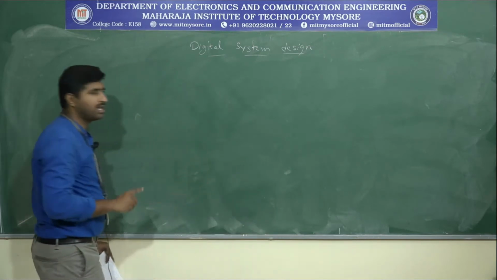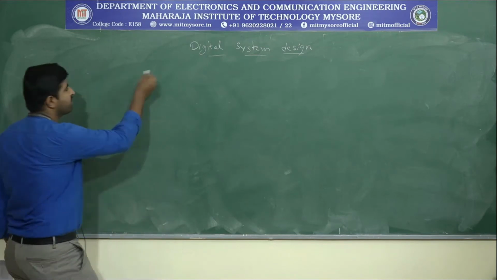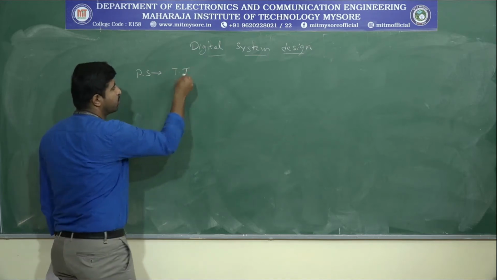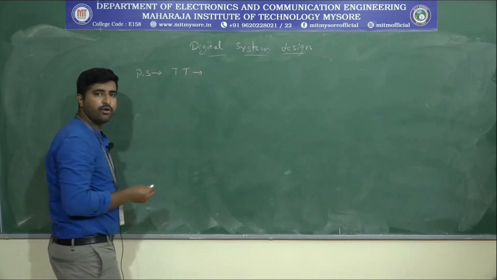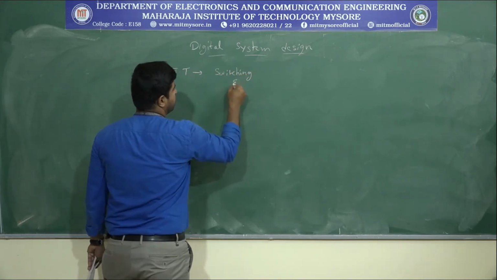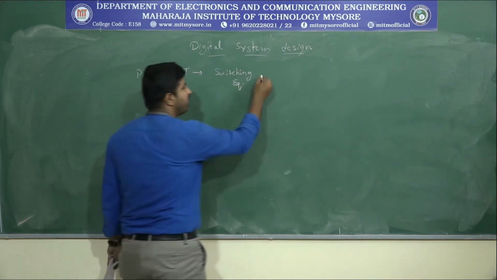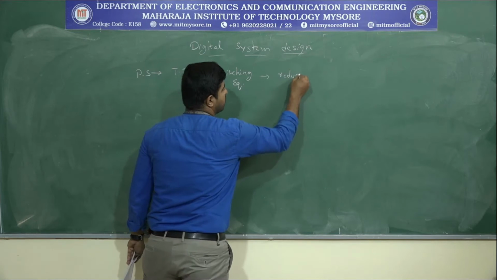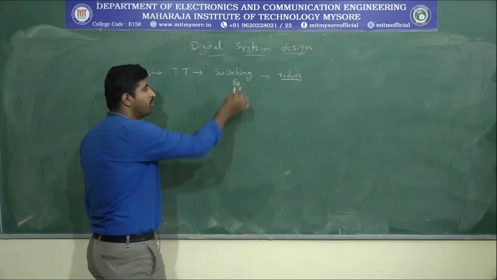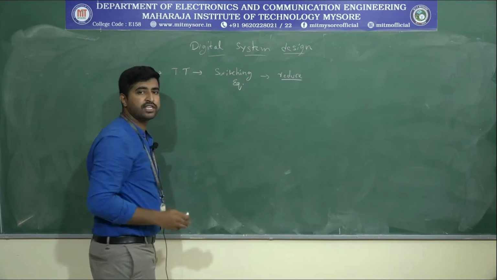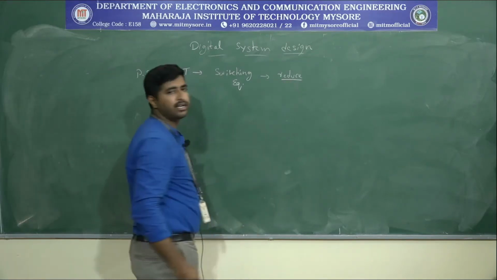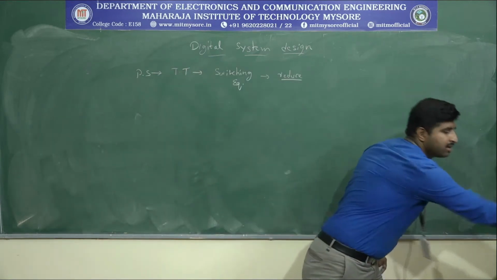You should remember our sequence of design. What is the sequence of design? From the problem statement we construct the truth table, and from the truth table we write the switching equation. We need to write the switching equation, then we need to reduce it. Up to this point we have already covered how to write the switching equation, in a min term form or a max term form from the truth table. That is completed. Then how to reduce, let's come to that point. Let's take an example.